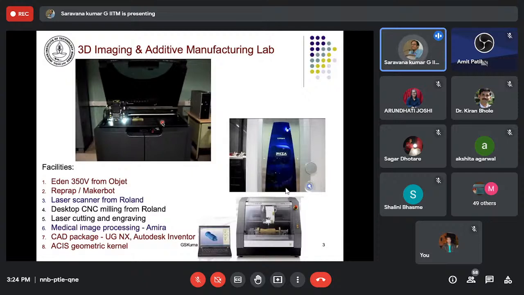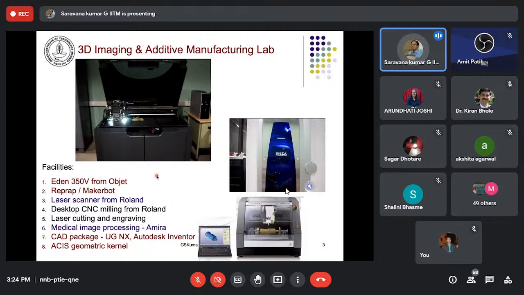And more recently, we have established a center for additive manufacturing, because we have got this IOE status, the Institute of Eminence, and we have got funding to set up some advanced facilities. One of the advanced facilities is metal additive manufacturing. So I will also quickly show or discuss something that we are doing in that sphere.